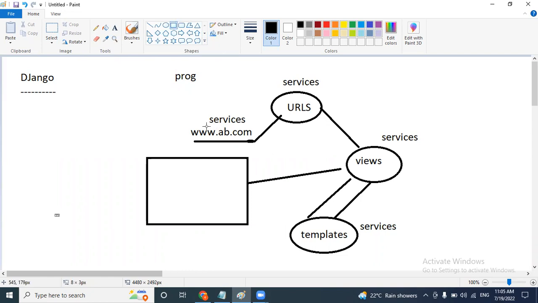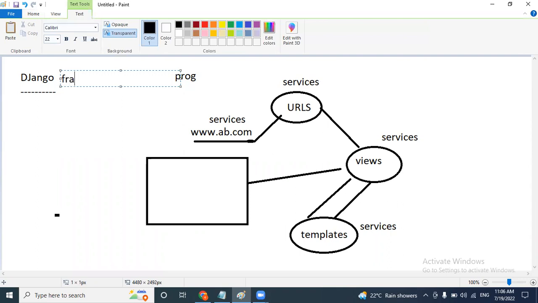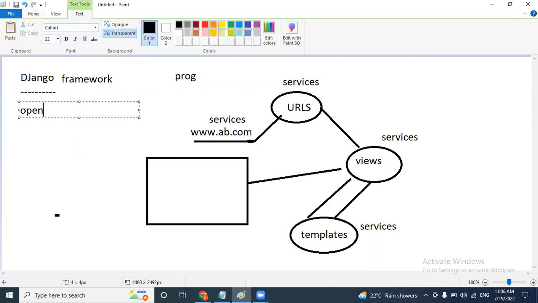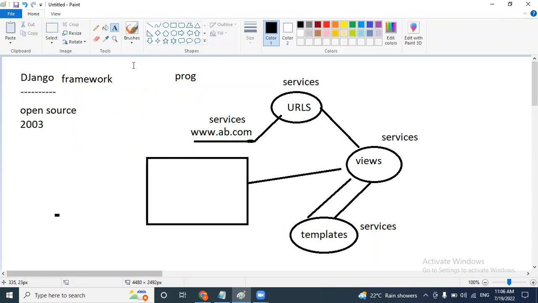Then how do we work it out? How do we get this entire structure? For this purpose, Python developed a special framework called the Django framework. It is open source and was developed in 2003. So why do we have to use this framework? Why did it become popular? Because when we are going to develop any application,